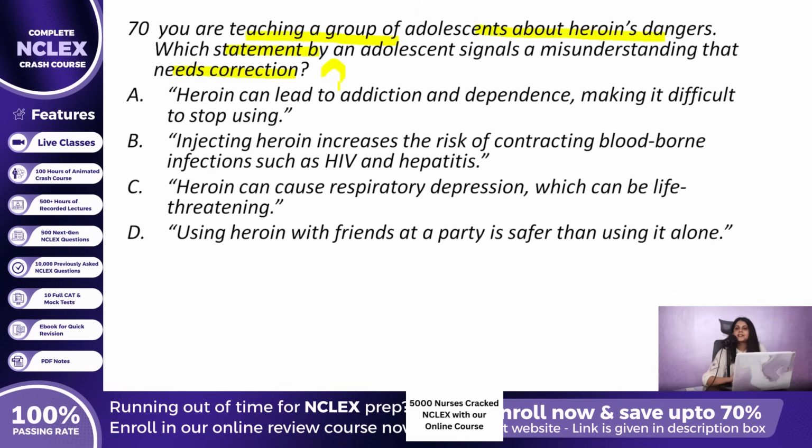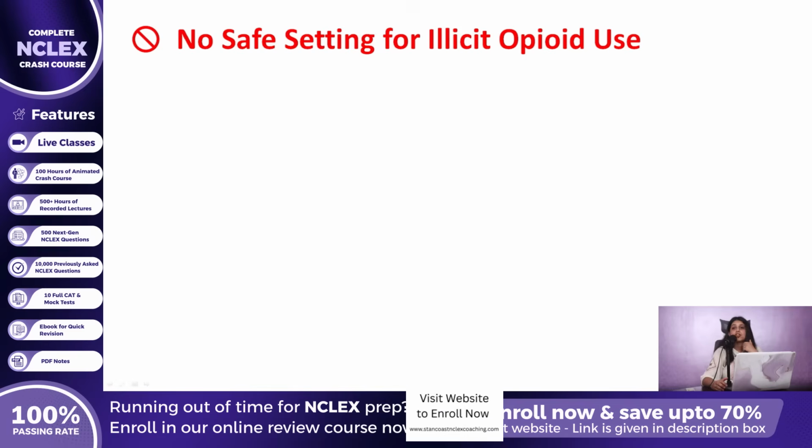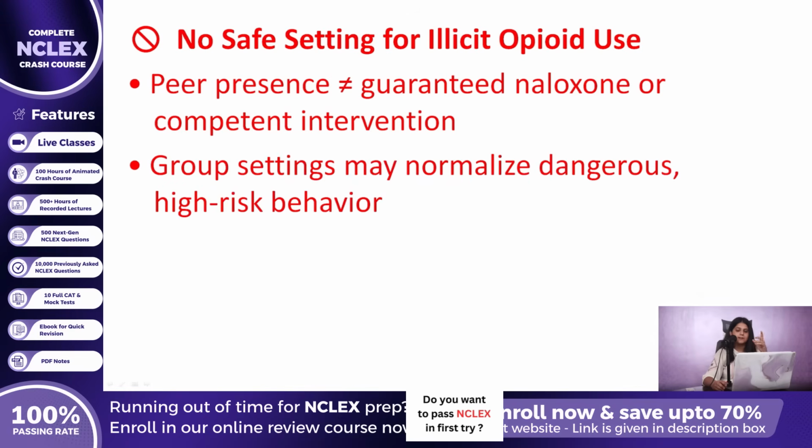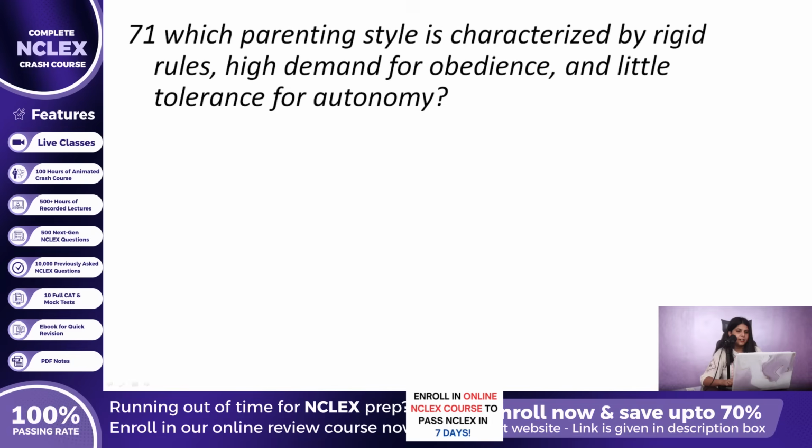The correct answer is D, because there is no safe context for illicit opioid use. Peer presence does not guarantee access to naloxone or competent intervention, and group settings can normalize dangerous behavior. Question 71. Consider this scenario in which parenting style is characterized by rigid rules, high demand for obedience, and little